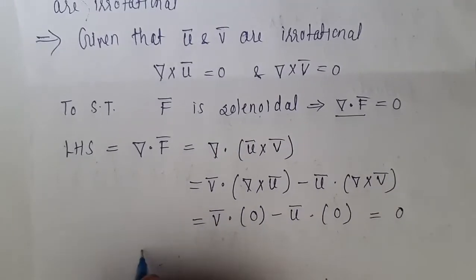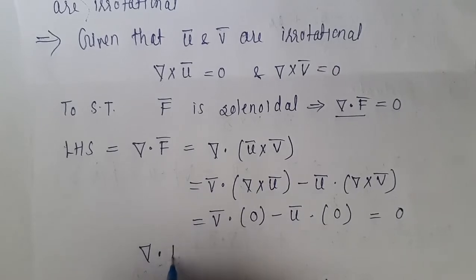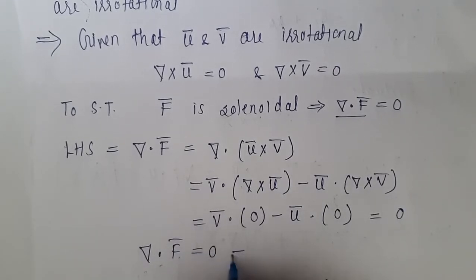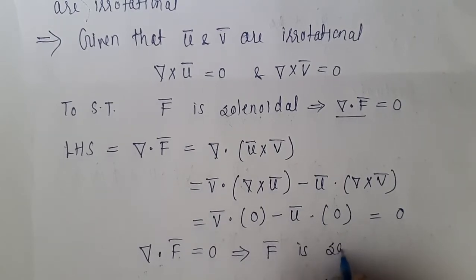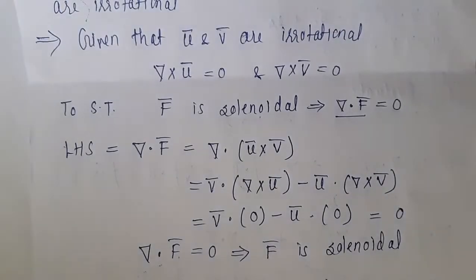So what does it represent? Del dot f is equal to 0 means what? F is solenoidal. F is solenoidal. Now the next example is